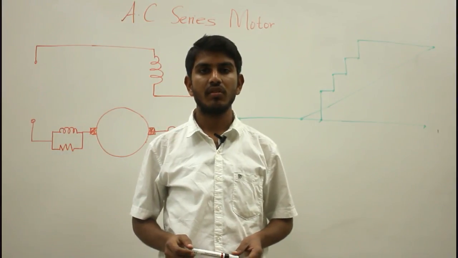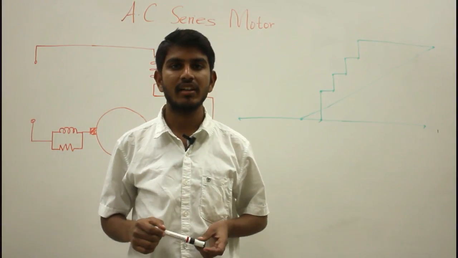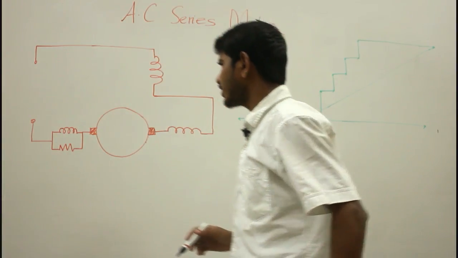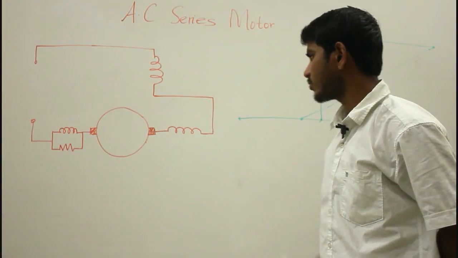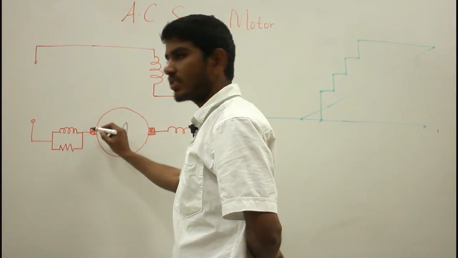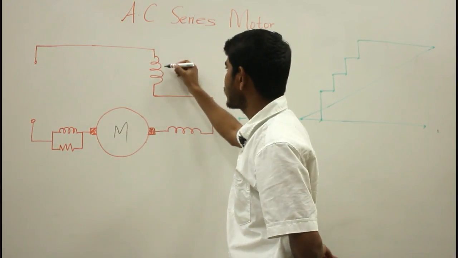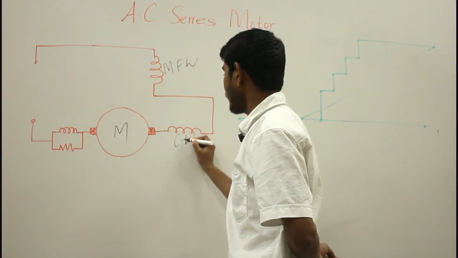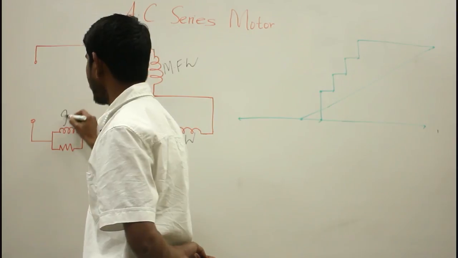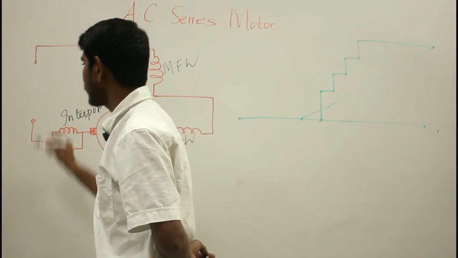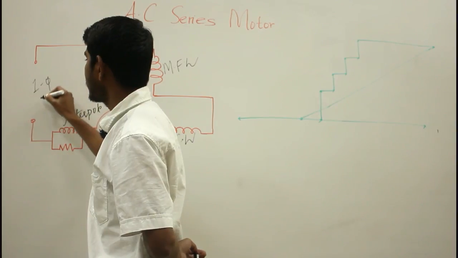Hello friends, in this video let us discuss the phasor diagram and the characteristics of the AC series motor. If you look at the schematic diagram of the AC series motor, here we have the armature and these are the stationary brushes, and this is the main field winding and this is the compensating winding. Here we have the interpoles and a non-inductive shunt resistor, and from here you provide a single phase